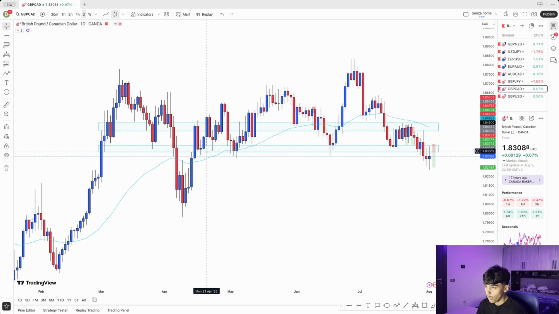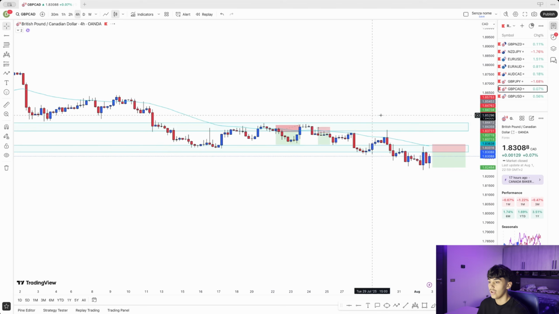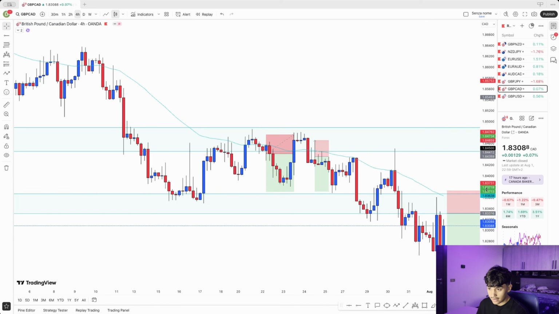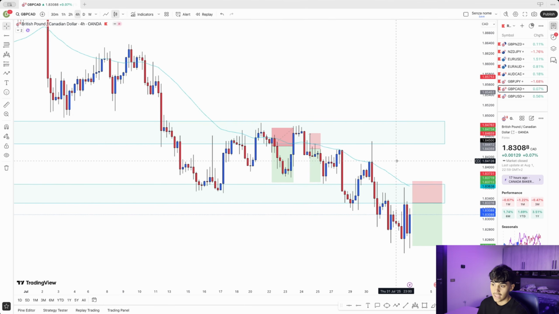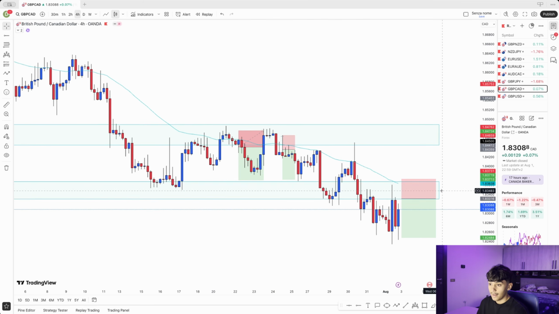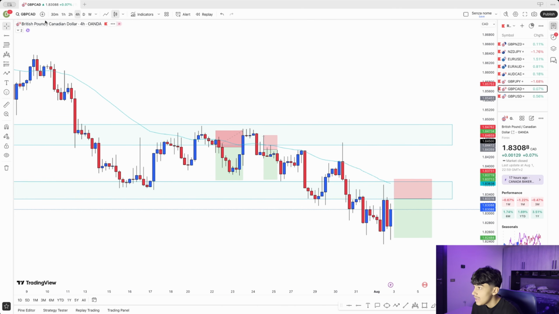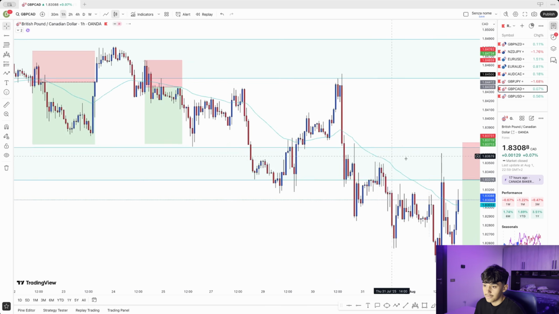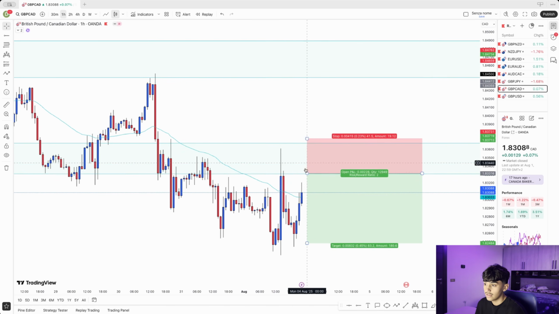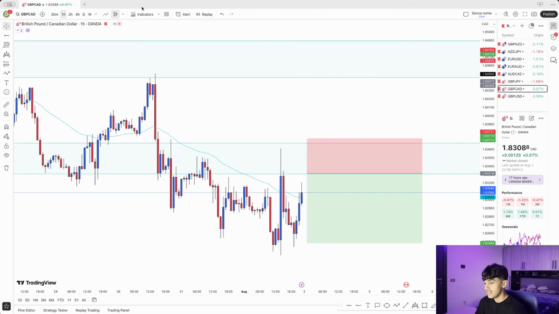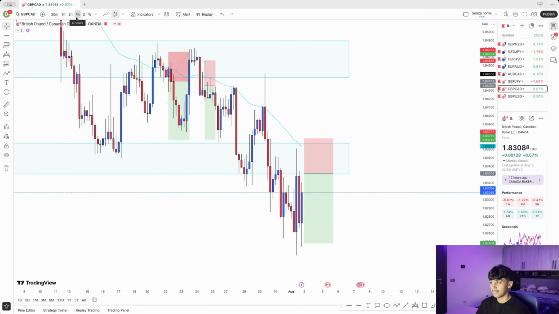So 1, 2, 3, 4 touches. Now we are bearish. I will wait for the lower high to then trade the lower low. The 4 hour time frame as of right now, it's bullish. That's what I don't like on this one here, and that's why I like more GBP NZD, because it has all 3 time frames. So I will wait for a further pullback to this area of interest to look for my entry signal, which is the shift of structure, to then wait for the bearish engulfing that shows me bearish